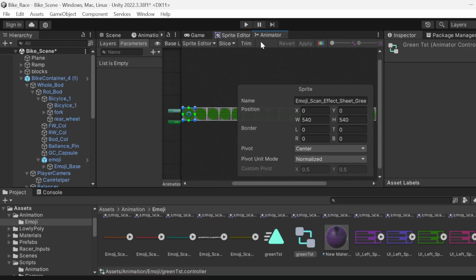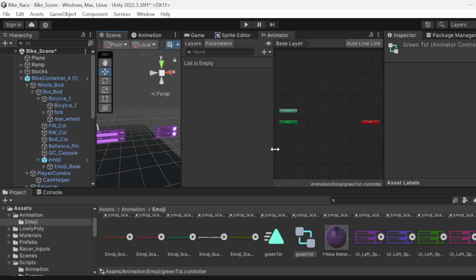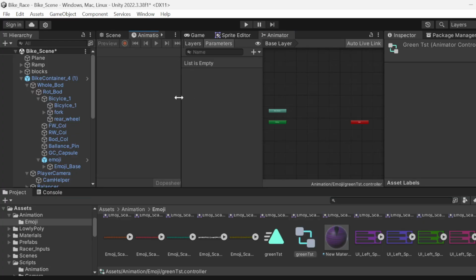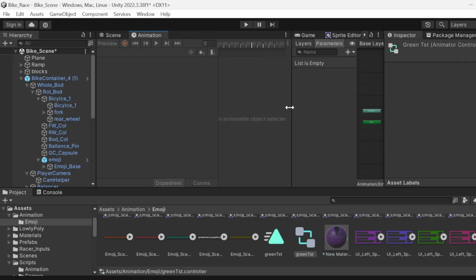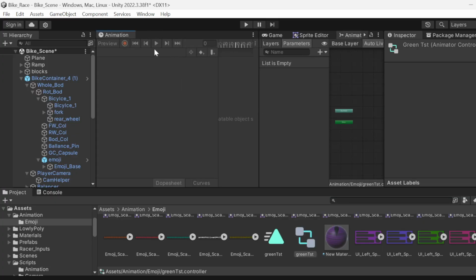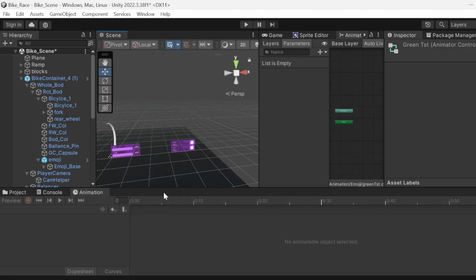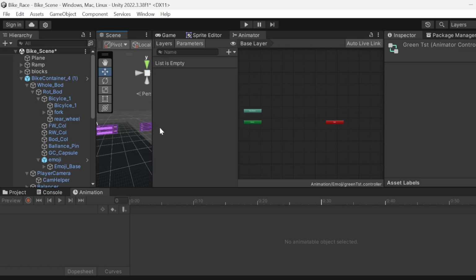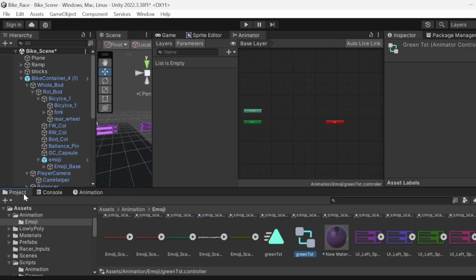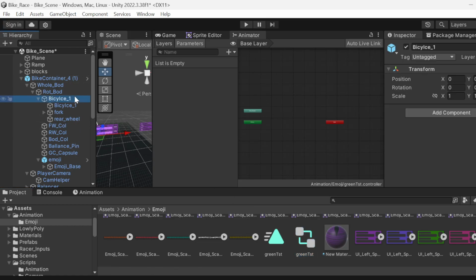I'm gonna move this guy over here because it's getting irritating to flip the windows back and forth. Animation is a separate issue, which I'll probably move down here. Don't know why it was up there to begin with. So then we go to project. So our animator controller, if we give that to our bicycle,